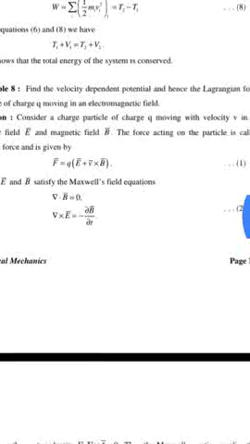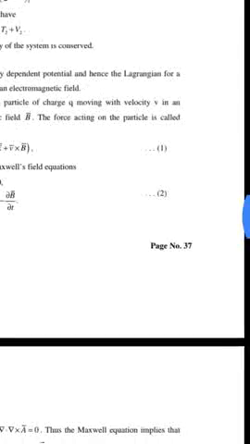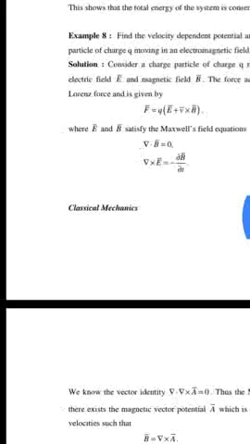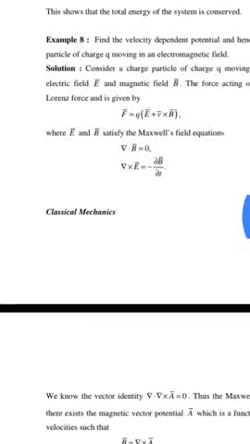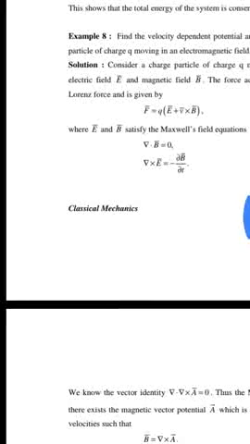electromagnetic field. Consider a charged particle of charge q moving with velocity v in an electric field E bar and magnetic field B bar. The force acting on the particle is called the Lorentz force and is given by F bar is equal to q into (E bar plus v bar cross B bar), where E bar and B bar satisfy the Maxwell's field